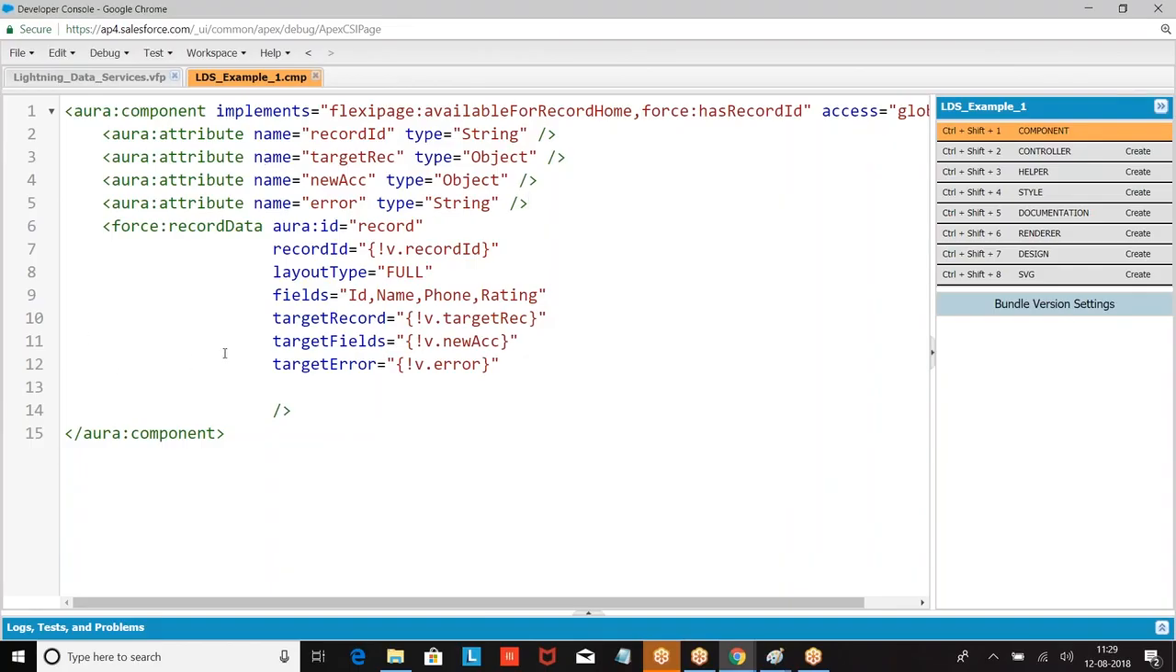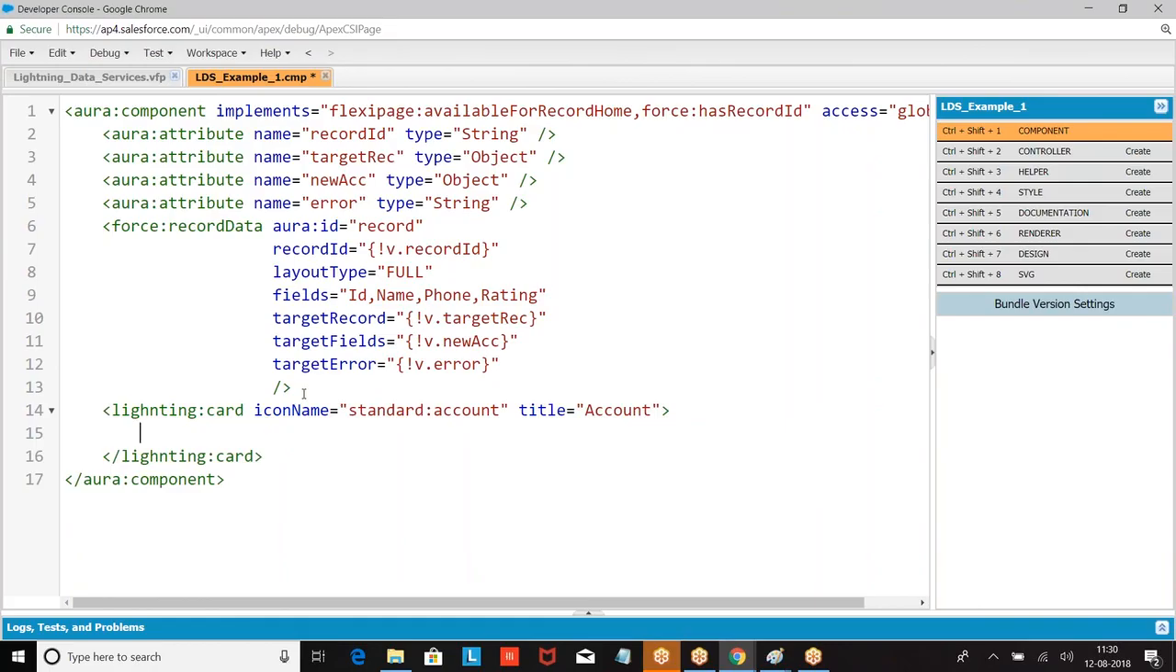Once it is stored to the attribute, what can I do? I can display it. How can you display it? Lightning card, icon name, standard colon account, title, then I have div class equal to SLDS padding,